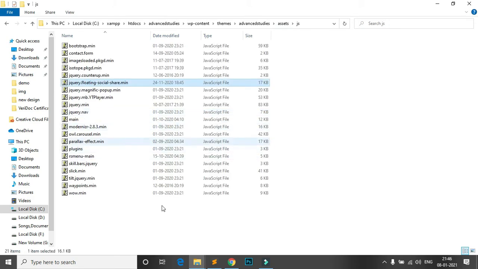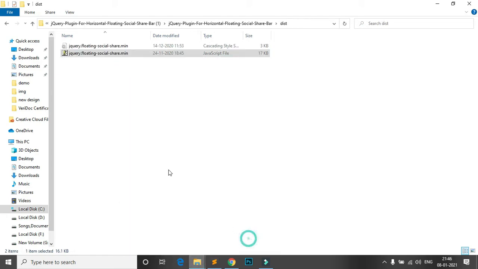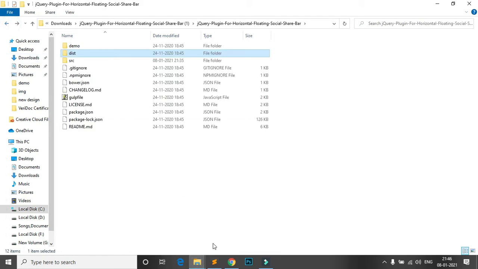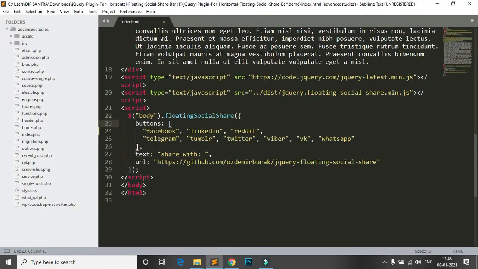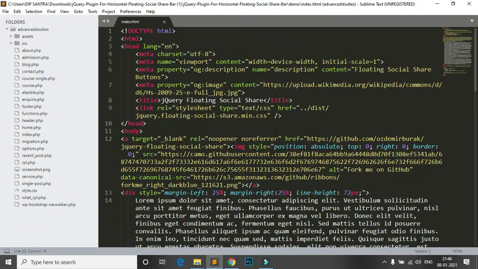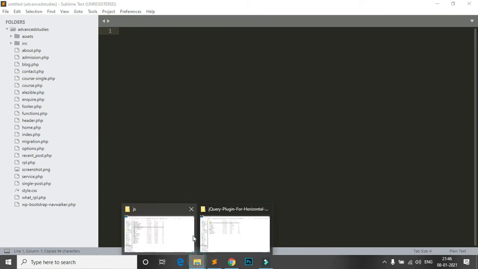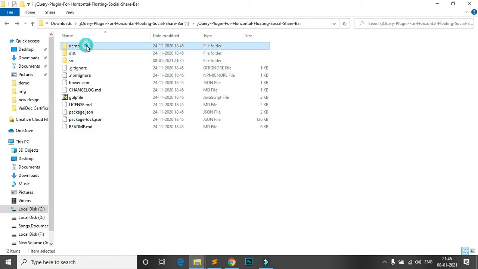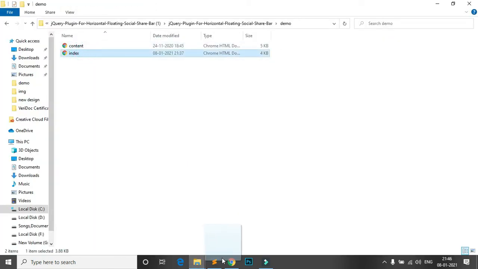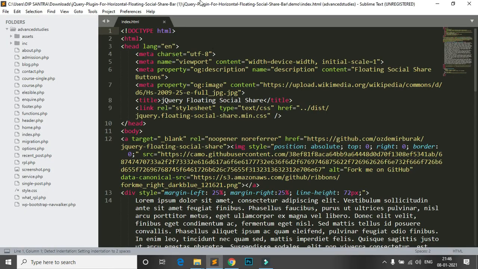Now I open this link and just link these two. I link them in the header. Just copy this link. You can see this is the index page, the demo. I open this one in a text editor, and this is the link.